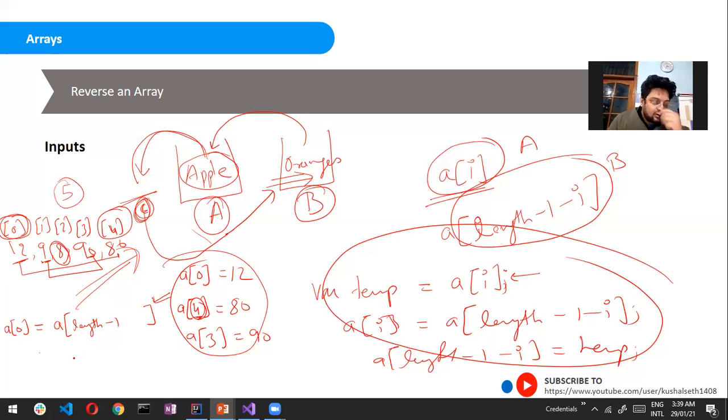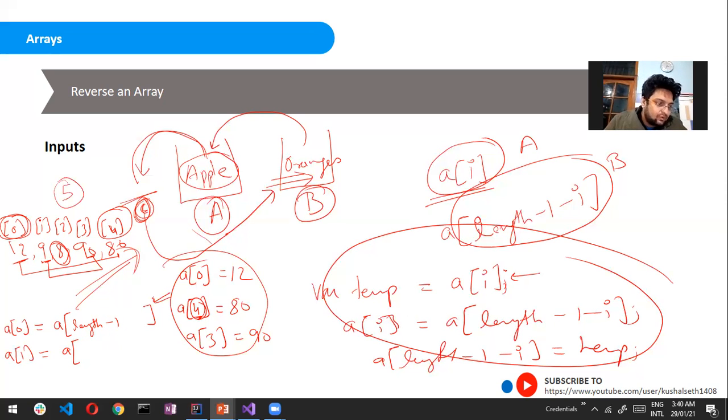But whenever you are trying to come up with a formula, always try with a few indexes, like the first 2 or 3 indexes, so that you can understand if your formula is working properly or not. If I put this length minus 1, it will be more of a constant, it will always return me 4.